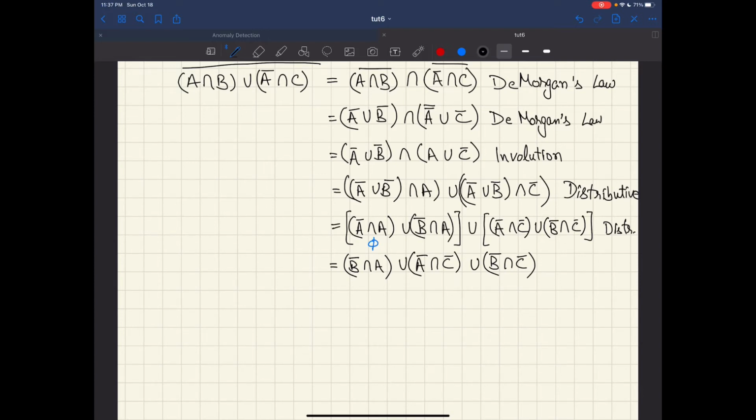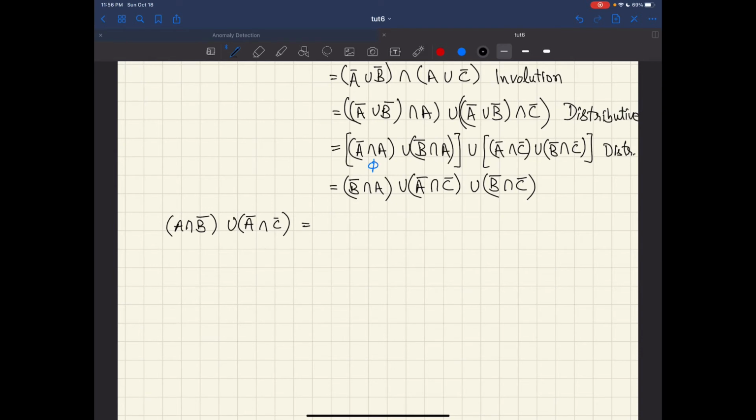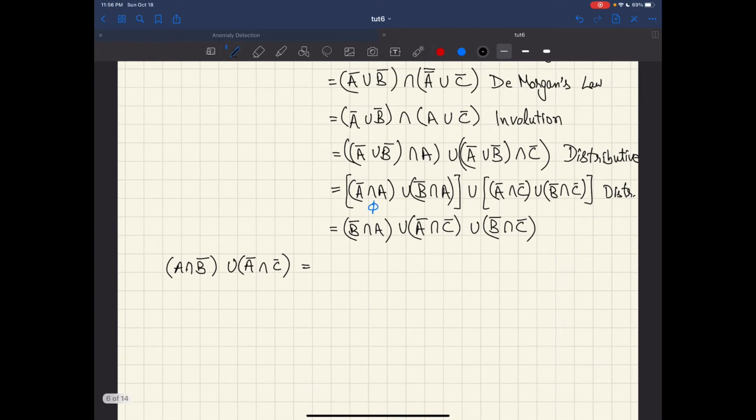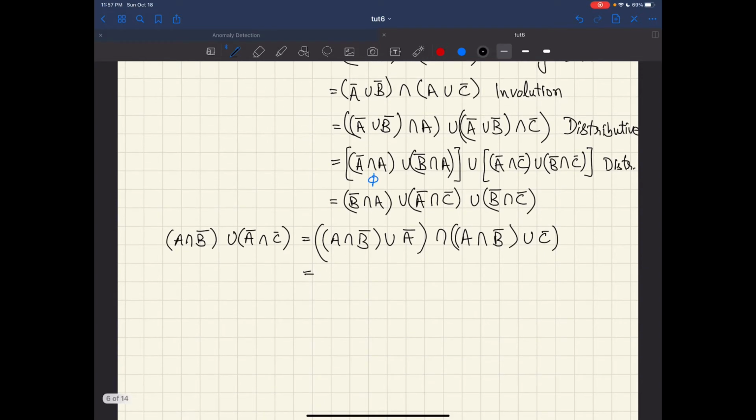So let's start by writing what the right-hand side was. Now we'll start on the right-hand side by first using the distributive law. Now this can be written as A intersection B complement union A complement intersection with A intersection B complement union C complement. Now once we have this,